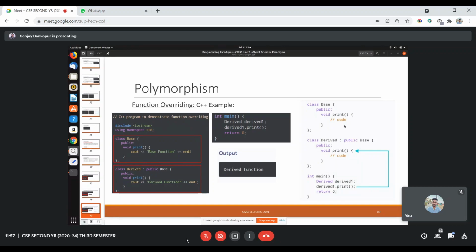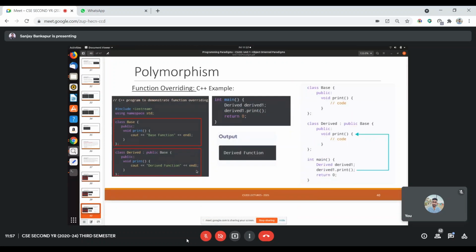As are same, the return type should be the same, the function name should be the same, and the function signature, that is the list of parameters, and the return type also should be the same, right? And so this is how it is. It's not pointing to the base, it is pointing to the child, because we have an explicit definition for the same function. Don't do this, do this instead. That's how it is.